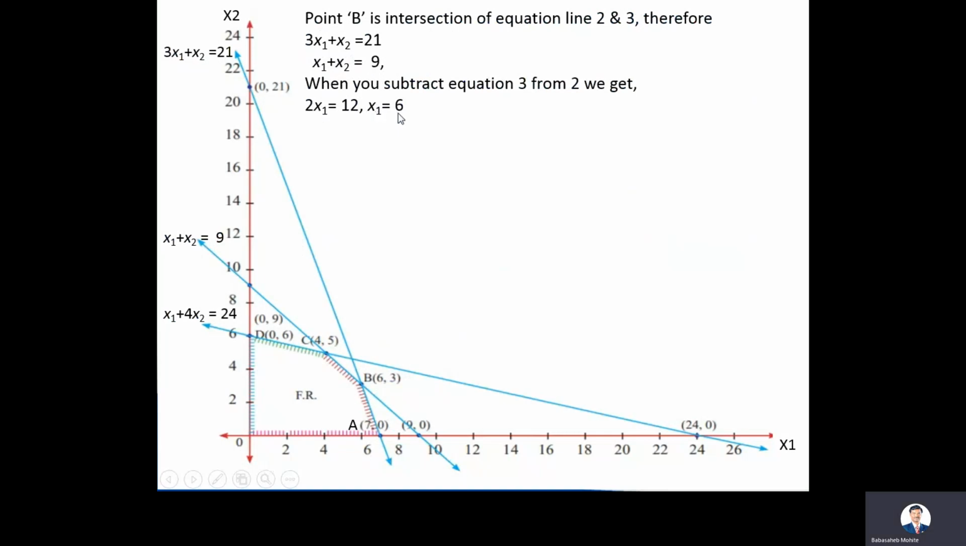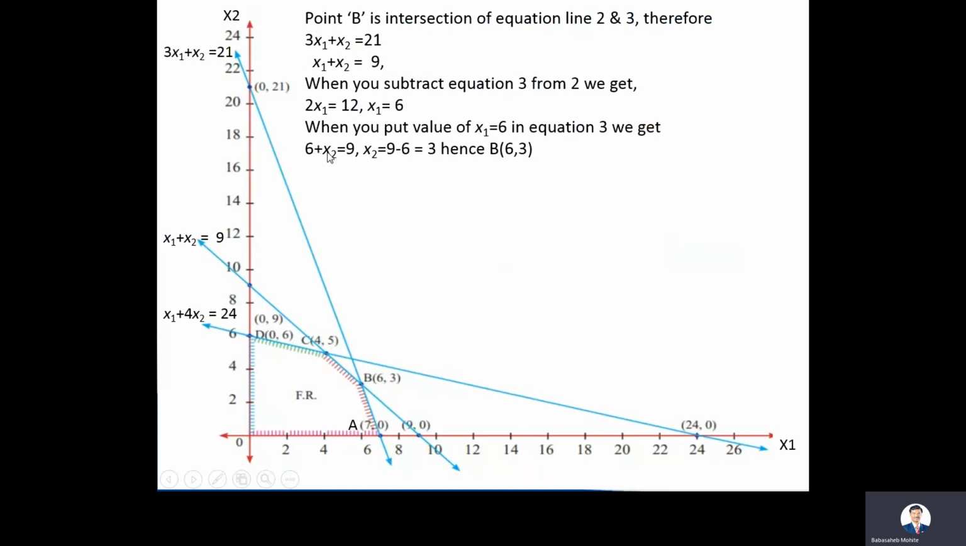Now put this x1 equal to 6 in equation number 3. We can put this in equation 3 or equation 2, anywhere. And if you solve that expression, we will get the corresponding value of x2. So when you put the value of x1 equal to 6 in equation 3, we get 6 plus x2 is equal to 9. So I am just putting the value 6 here. 6 plus x2 is equal to 9, that is, x2 is equal to